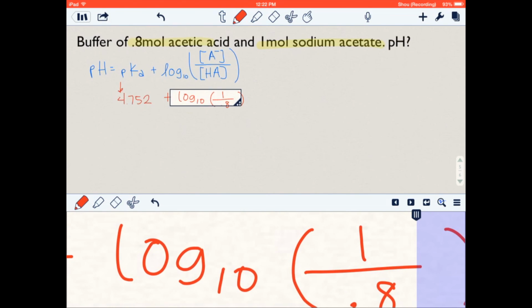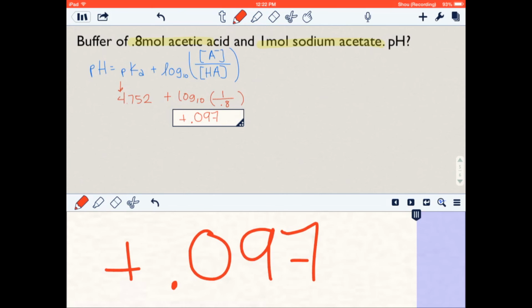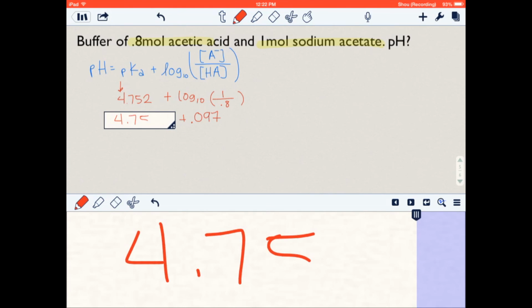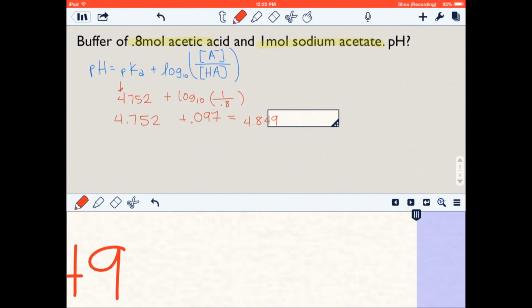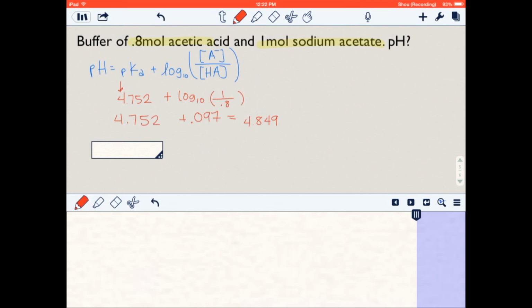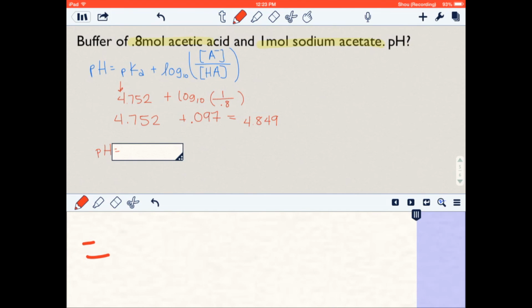Alright. So we plug this in, and we're just going to get 0.097. And we add that to 4.752. We are going to get 4.849. So the answer is the pH of a buffer of 0.8 molar acetic acid and 1 molar sodium acetate will be 4